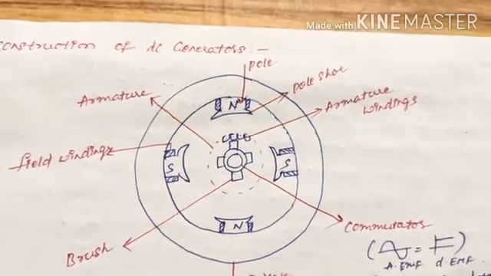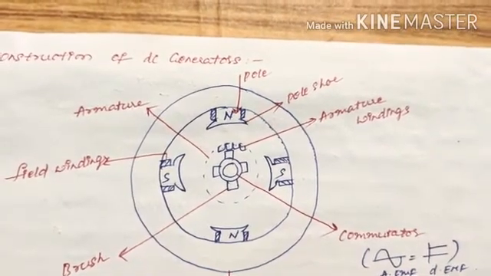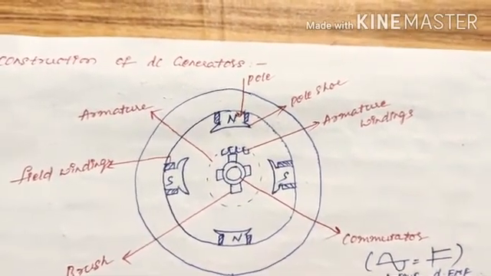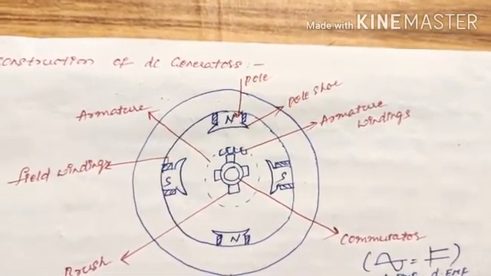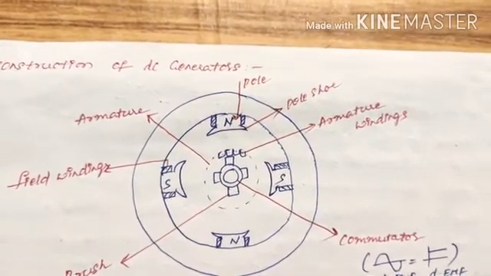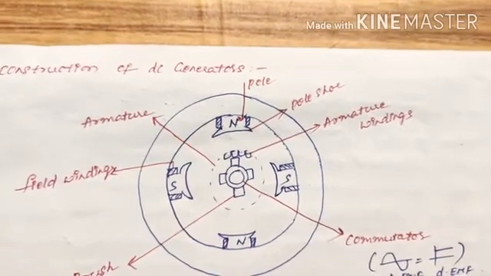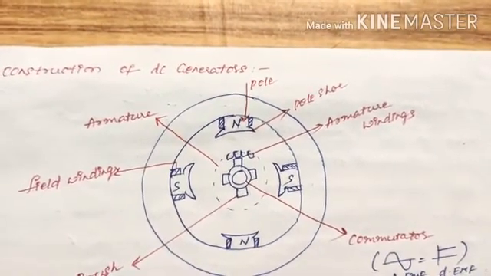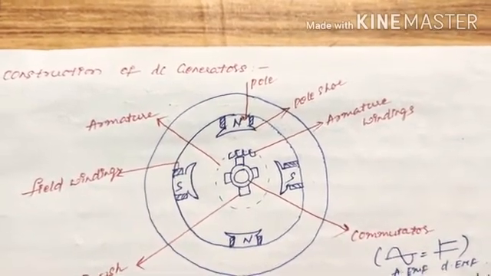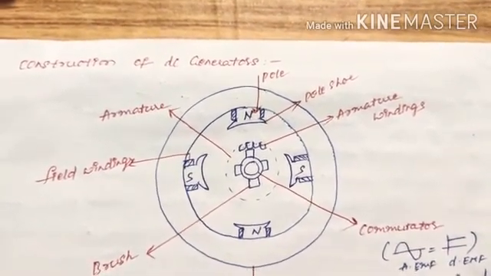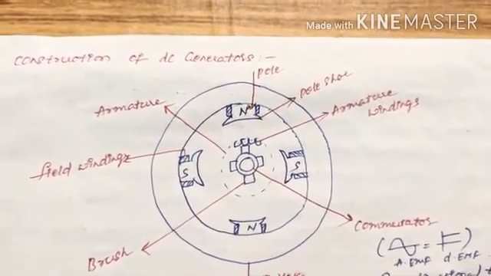Field windings. Field windings are usually used to produce a uniform magnetic field within an armature, and these are arranged in a particular format, that is, no two adjacent poles have the same polarity. That means opposite poles will have opposite polarity, and the supply to this entire DC generator is given through field windings only. The supply we have to give to field windings, then only it will excite the entire machine.